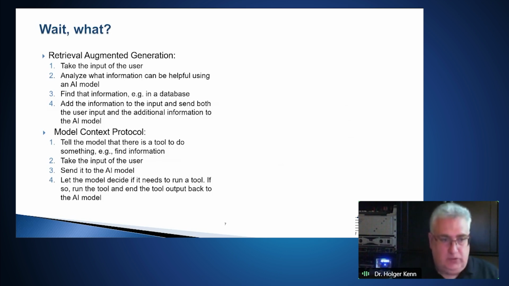Now, the model context protocol is a little bit of a different thing. Here the idea is we're not telling the model straight away that this is the data, but instead we tell the model, by the way, if you need data, here's a tool. This is the way how you can invoke the tool. And now we take the input of the user, we give it to the model, and then if the model decides, oh, using that tool would be helpful, and this can be as simple as a digital calculator that can do calculations, but it can be as complex as a tool that can actually pull live data via OPC UA. And then the model decides, oh, I need this additional information. It invokes the tool, the output of the tool gets thrown back to the model, and now the model is informed.